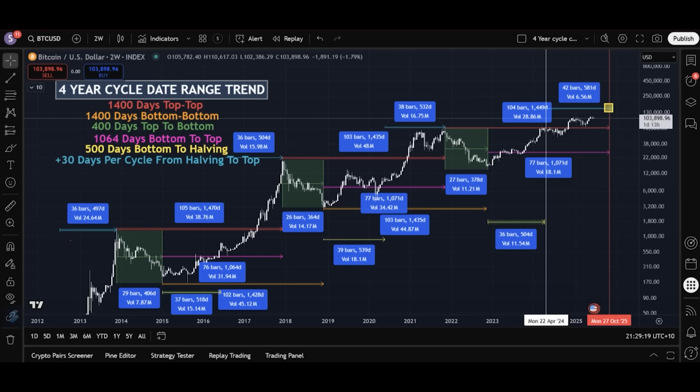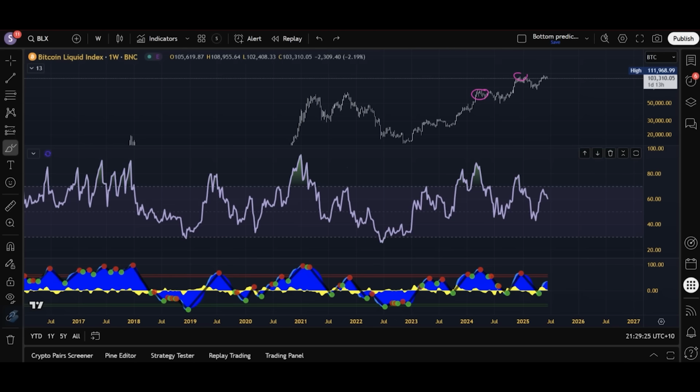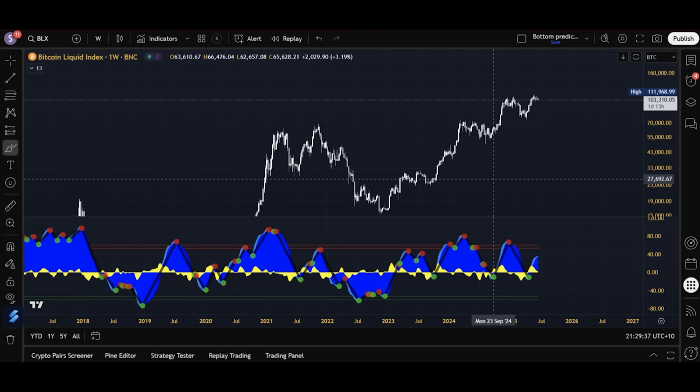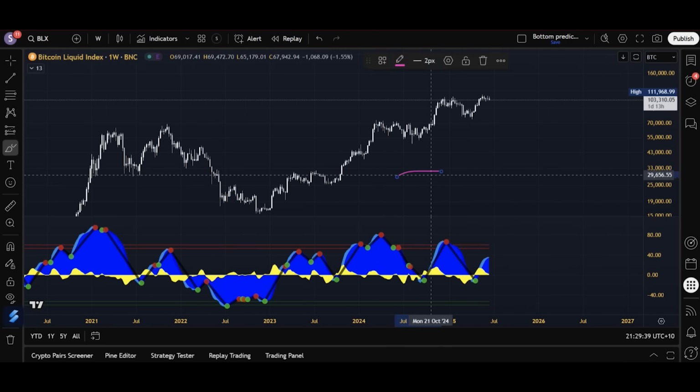What we can trust is something that actually says how long things are meant to take, which is the 4-year cycle itself. Now, on top of this, the reason why I'm even mentioning Market Cypher B is not because it tells us anything unique about the divergences, but it does tell us something unique about sell points and buy points, at least in theory. I don't really use Market Cypher B. I don't think it's that accurate, but basically this is how it works.